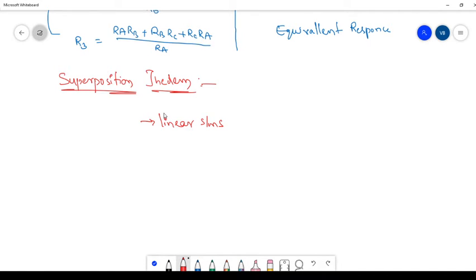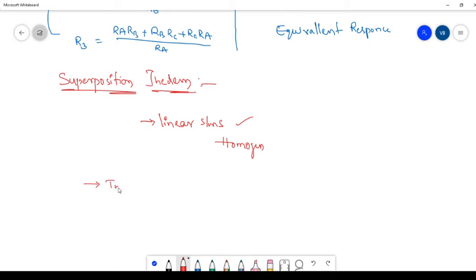So what is meant by a linear system? One that satisfies the superposition principle and homogeneity. If a network or a system satisfies superposition as well as homogeneity, then that system is called a linear system. If and only if we have a linear system, then we apply the superposition principle. But what is meant by the superposition statement? I am stating the superposition theorem: a linear network